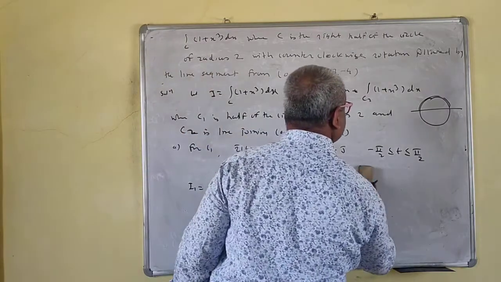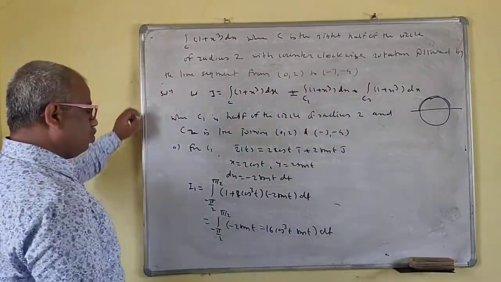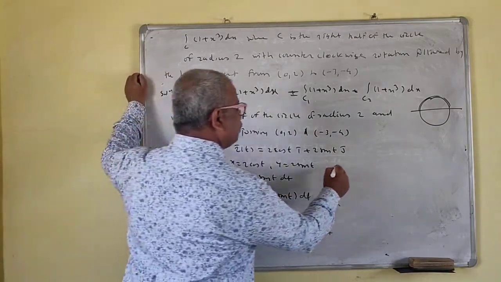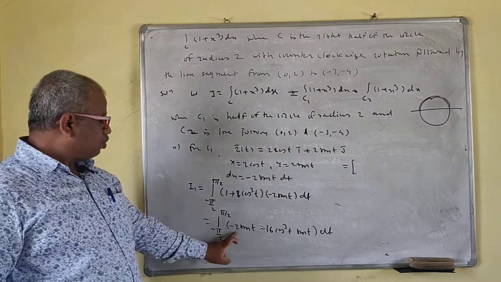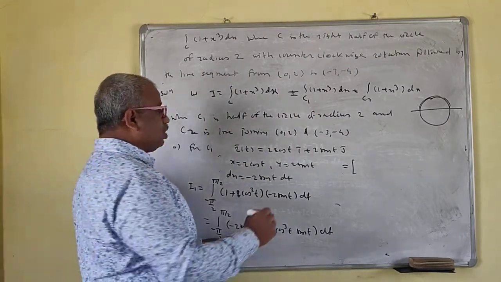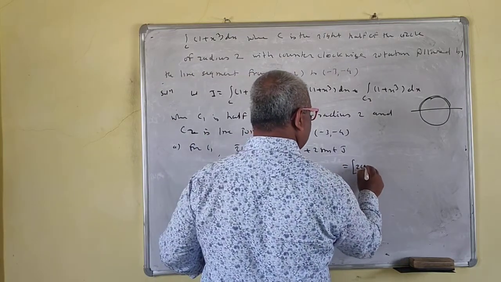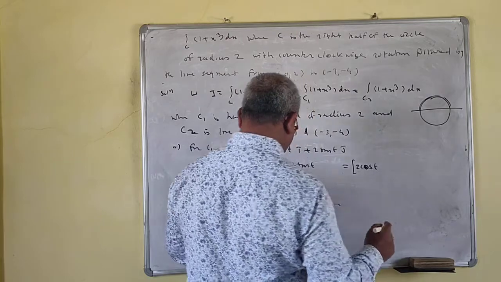Okay, so this part you can integrate, this part you can integrate. So minus sin 2t, integration of sin is minus cos, so this is 2 cos t minus...